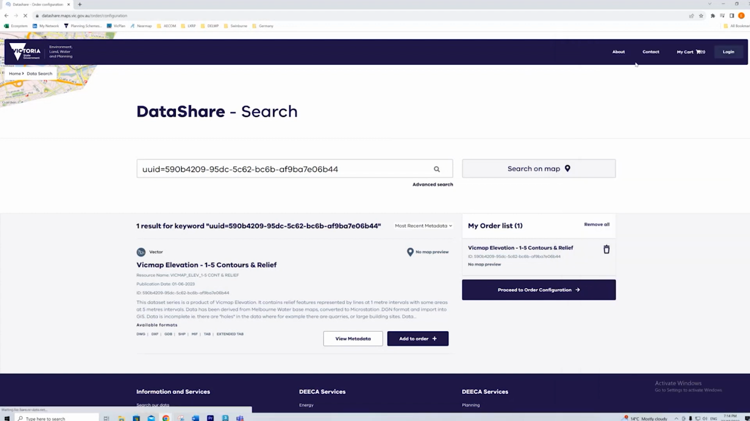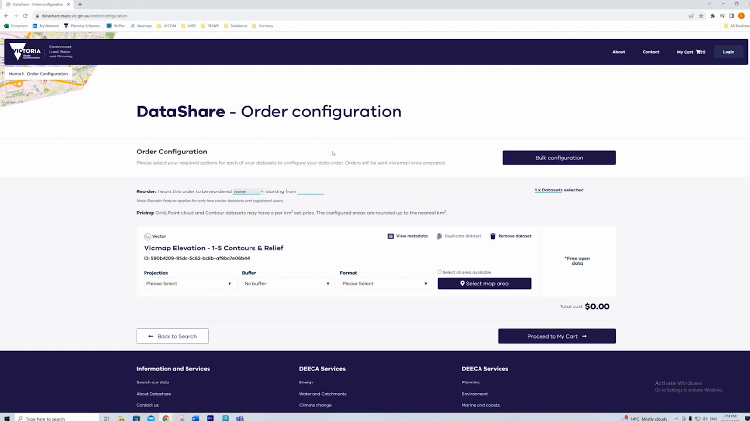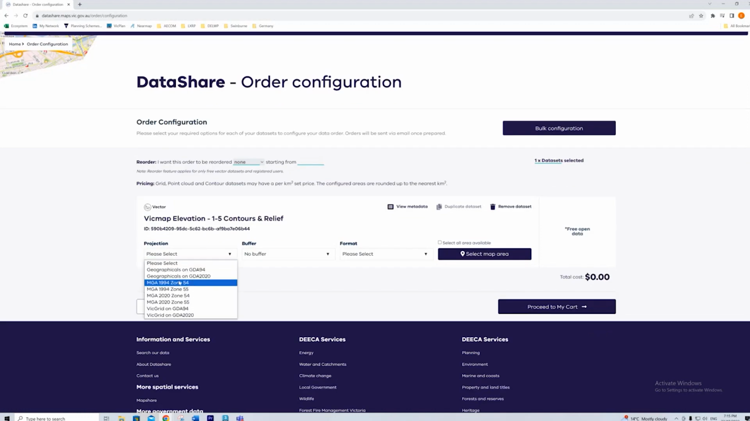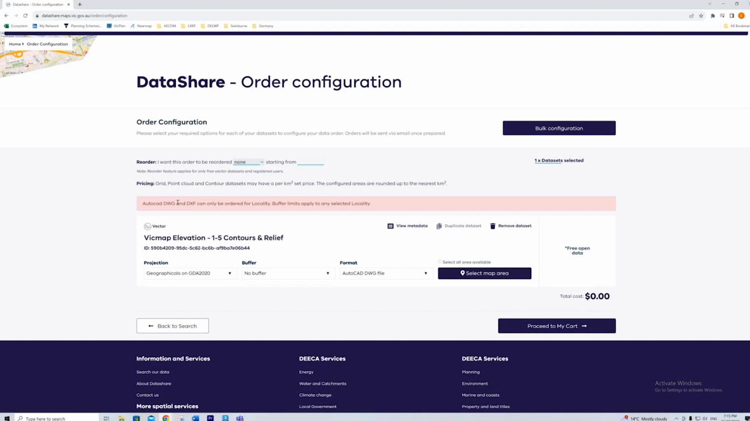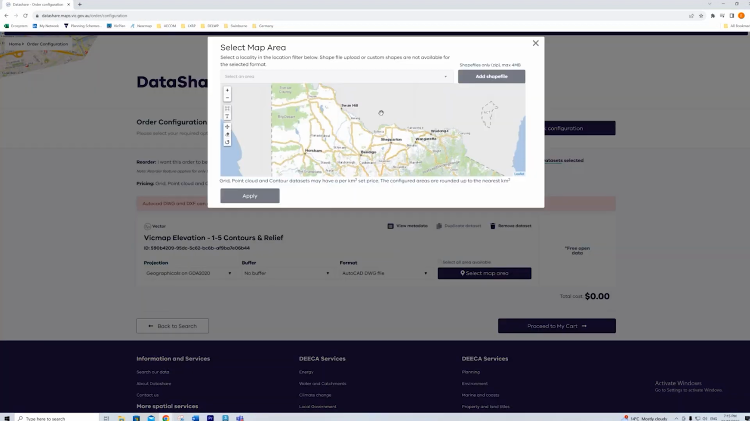So my cart has one thing in it, which is what I want. Choose your projection. You have to choose something. The GDA 2020 is pretty stock standard. We're going to say I want my DWG file, and then this warning comes up saying you can only order this data by locality. So if I select my map area